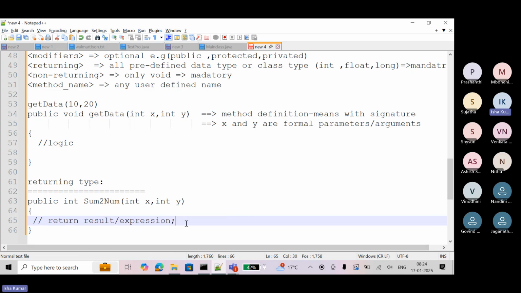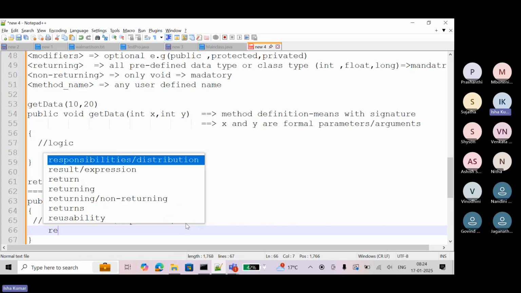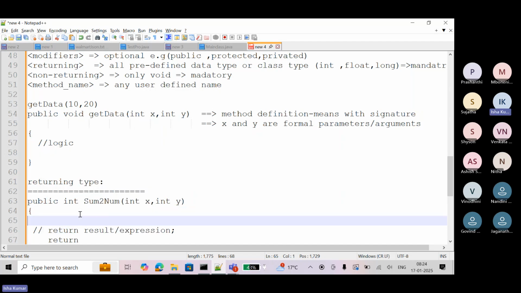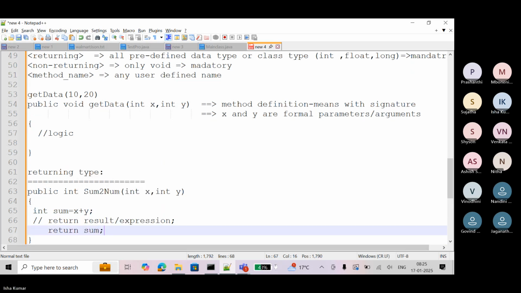Here you can return x plus y, or you can write a code, int sum equal to x plus y, and return this sum. Or you can return x plus y as an expression also. But at a time only one: either sum or x plus y, any one thing.